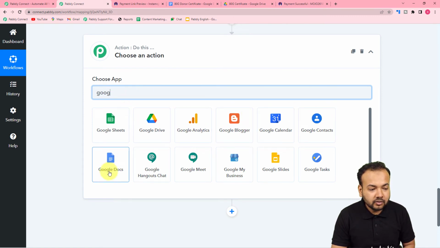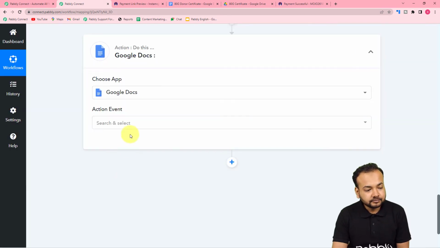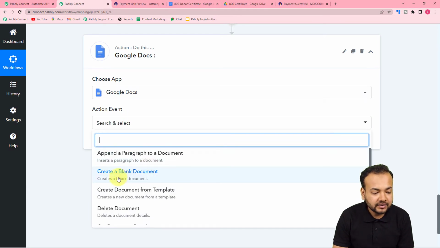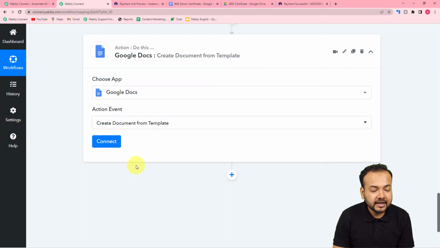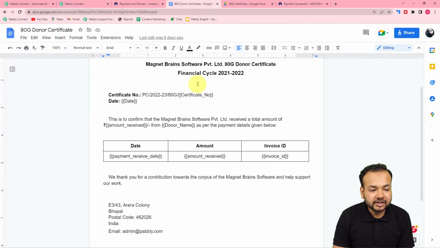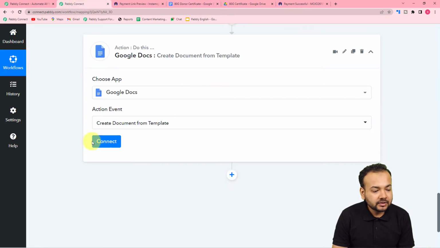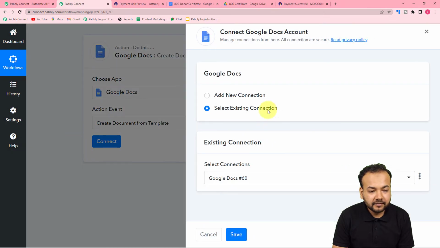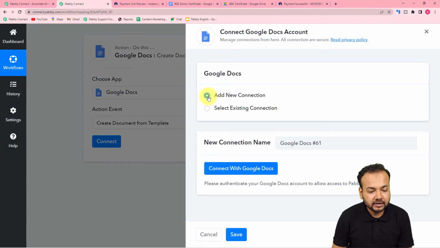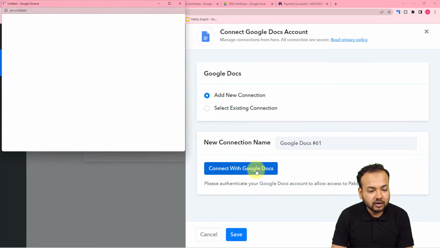So here you will find Google Docs, select it, and now in the action event you have to select create document from template option. So it will create a document with the help of this template. Alright, so click on connect, and from this window select add new connection, then click on connect with Google Docs,